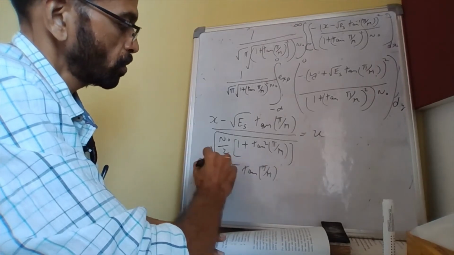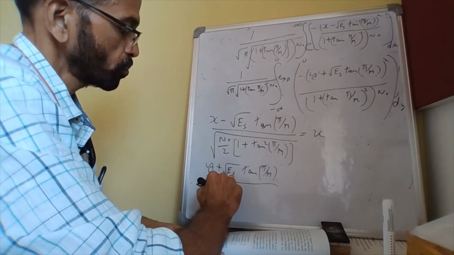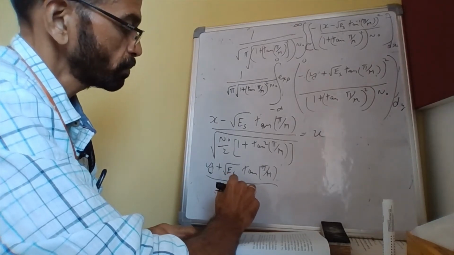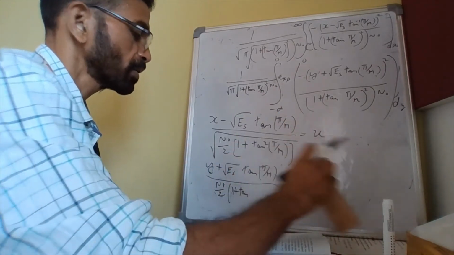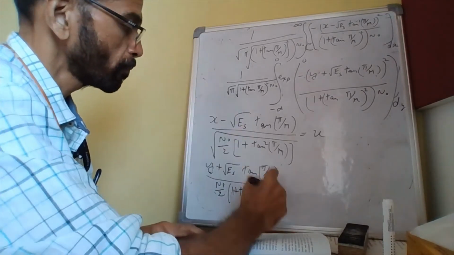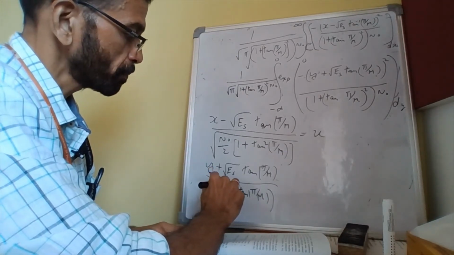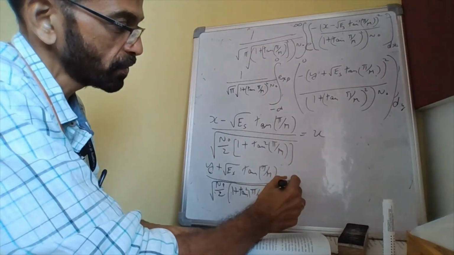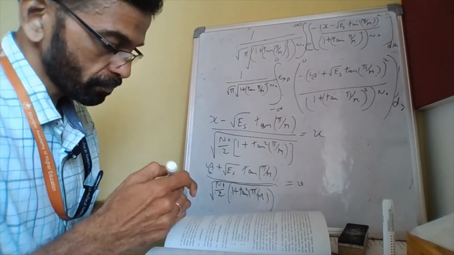divided by N0 by 2, N0 by 2, 1 plus tan inverse, sorry, again I am going to tan inverse, I seem to make a lot of mistakes today. 1 plus tan pi by m under root tan square. So if we call this, say, v, make these substitutions here,